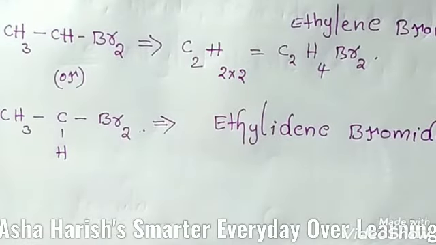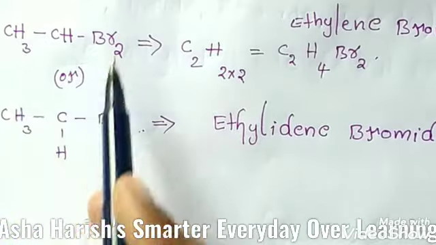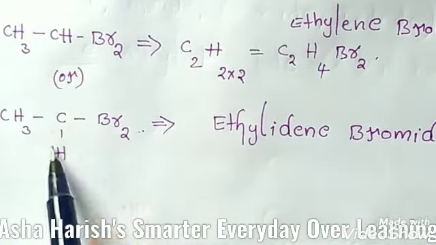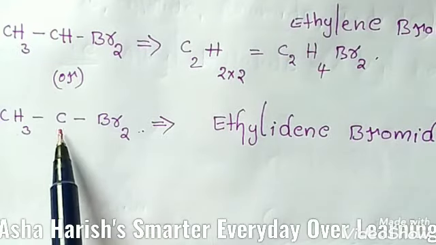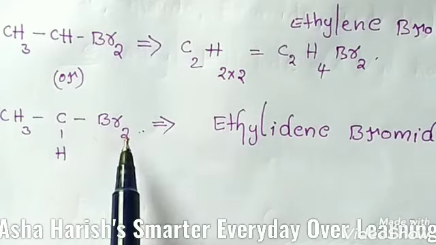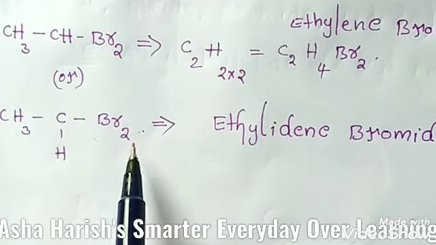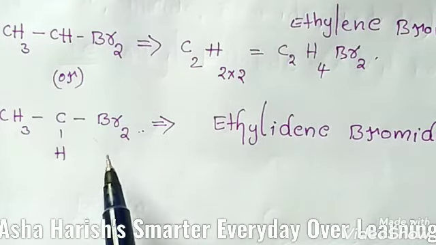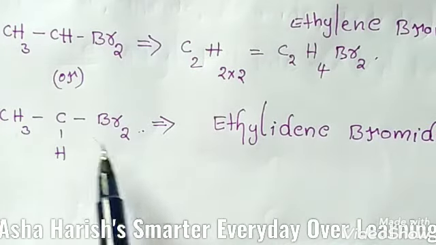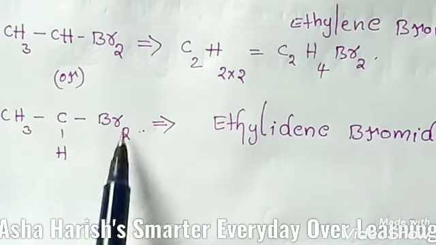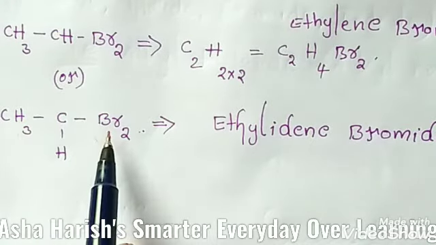Once you can see here, students, same formula, just I have written like this. These two are same, CH3, CH, Br2. For this carbon only 2 halogen atoms are attached here. According to the definition of alkylidene dihalides, dihalogen derivatives of alkanes in which the 2 halogen atoms are attached to the same carbon. Here we have the same carbon and 2 halogen atoms are attached. This is called as alkylidene dihalides.